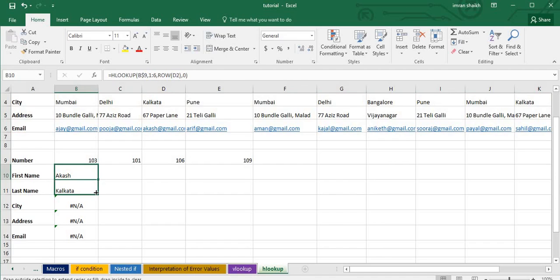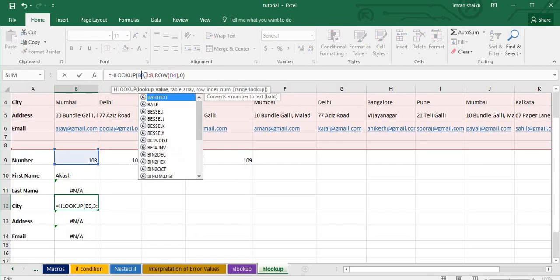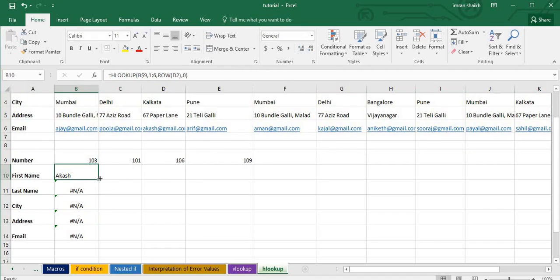Let's see, if I copy the formula from this cell to the second cell, you can see here it's showing B9, but previously it had changed to B10. Now if I change this formula from B9 to B10, you can see the address has not changed from B10 to B11. But if I remove this dollar from here and now copy the formula from one cell to another cell, you can see, oh sorry,